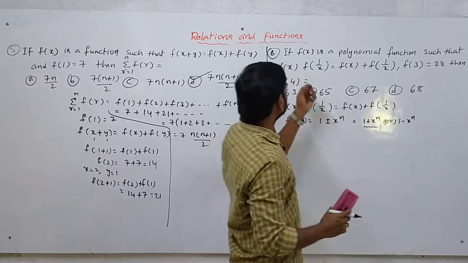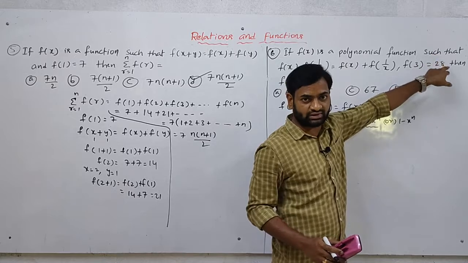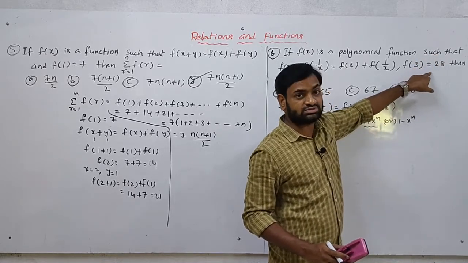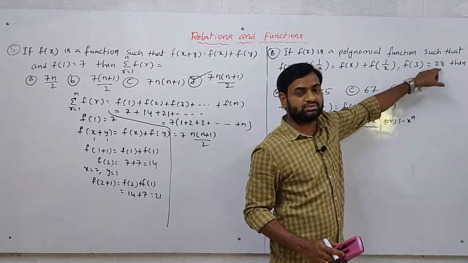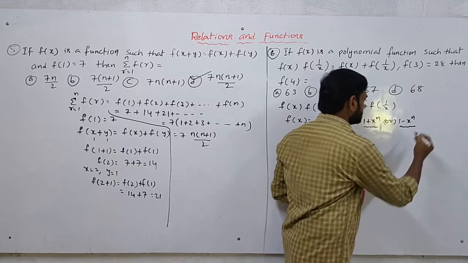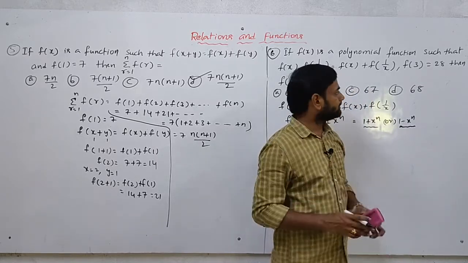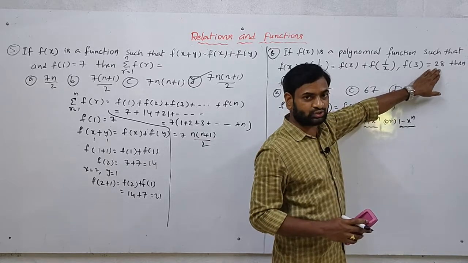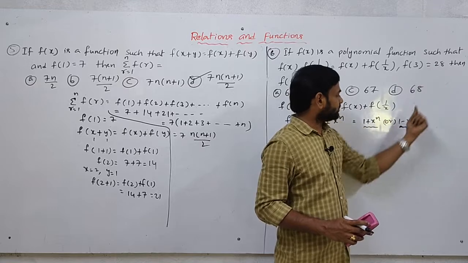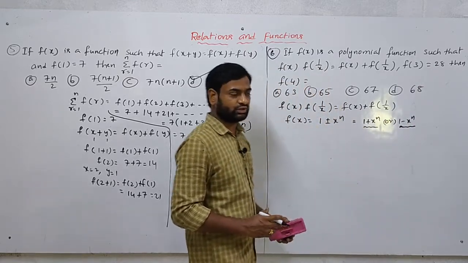When this one is negative, in terms of minus, suppose minus 27, minus 28, minus 29, when this term is in terms of negative, then we have to use the function 1 minus x power n. Remember, when it is positive, 1 plus x power n; when negative, 1 minus x power n. That function we have to take.